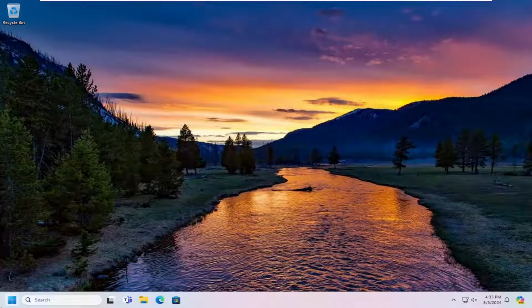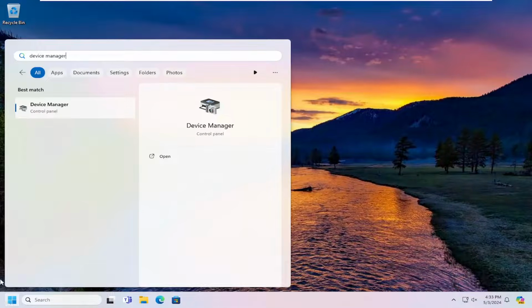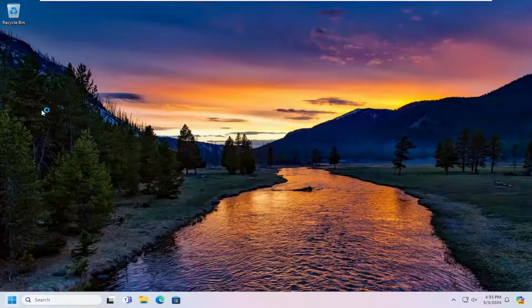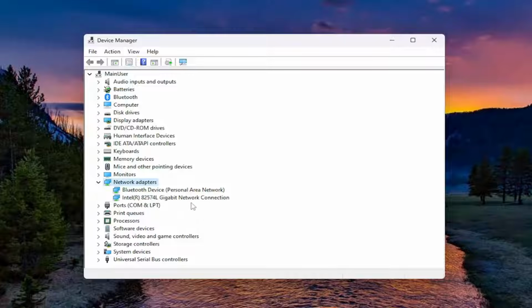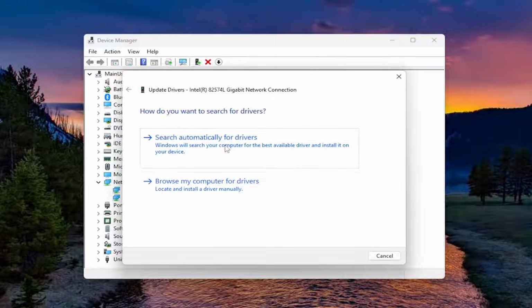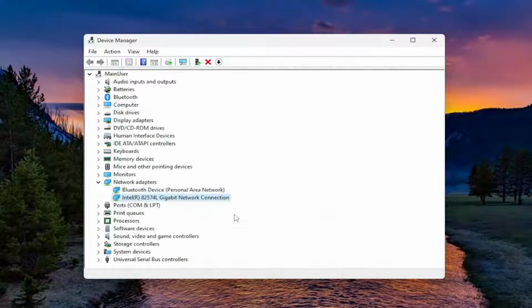So the easiest way would be just to open up the search menu and search for Device Manager. Best match should come back with Device Manager. Go ahead and open that up. You want to double click on the network adapter section here, and then right click on your network connection driver that's listed under here and select update driver. Select search automatically for drivers, and then you can also search for updated drivers on Windows Update by selecting that